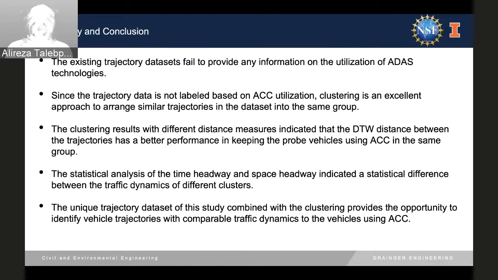If you look at the way dynamic time warping shapes the distance between the trajectories, it does it in a stepwise manner. It picks the first trajectory, goes to the second one, and tries to match as many points as it can to the first one. So at the same time it conserves the time stamp of the trajectories, which is really nice.